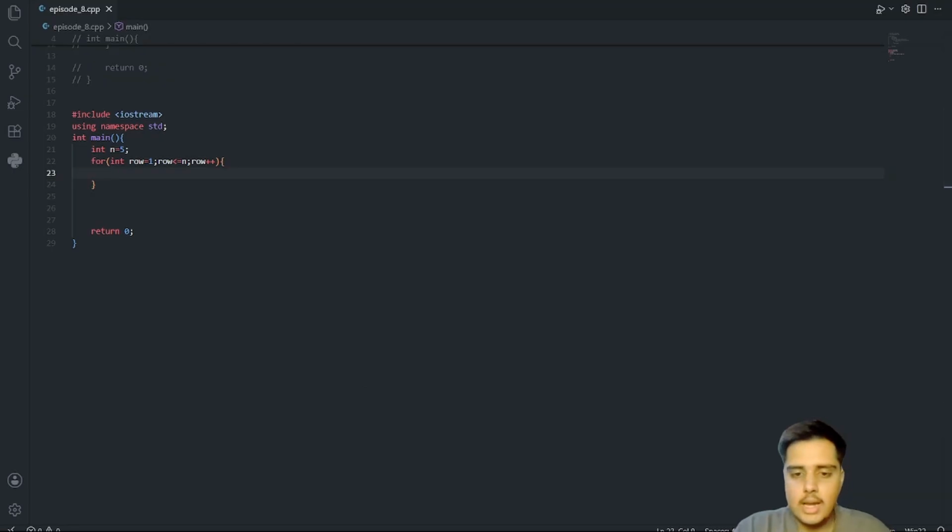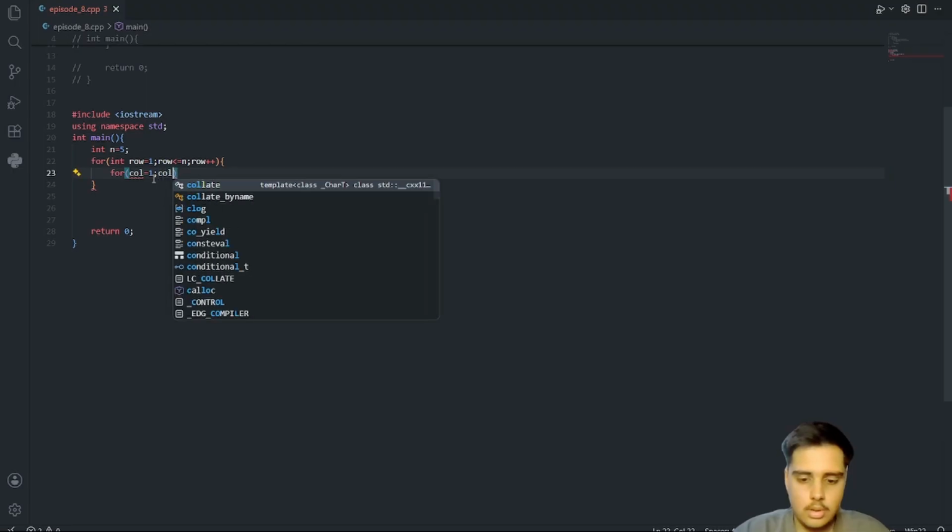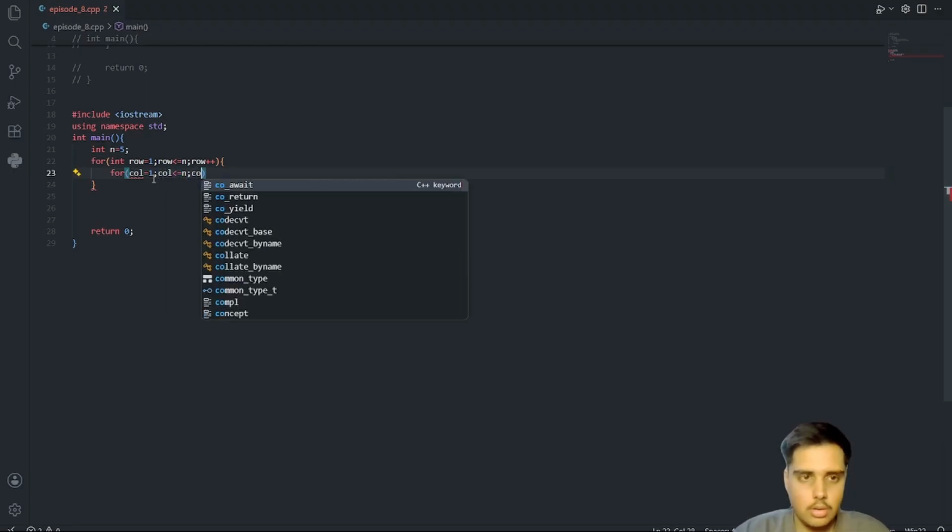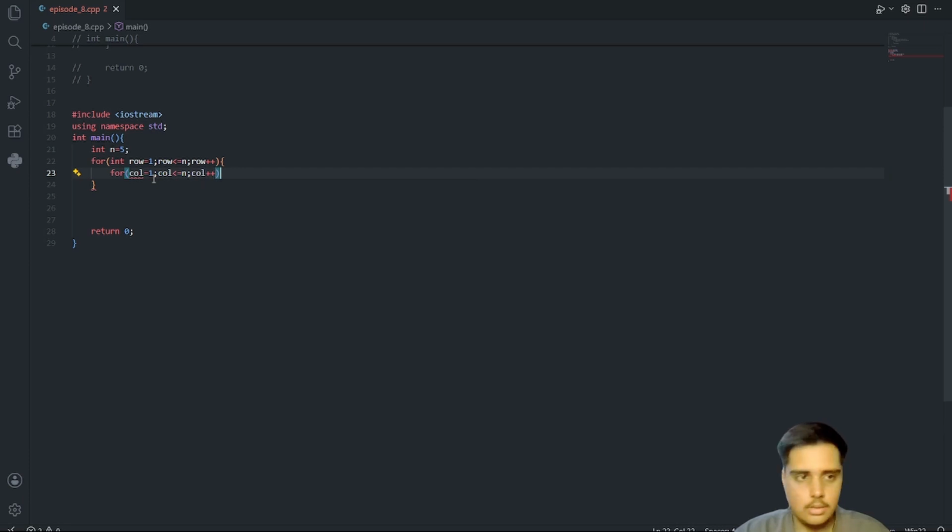So inside this row I will take another for loop which consists of column equal to 1, column less than equal to n, column plus plus, and further this. I have to include int here also because we haven't declared column before.